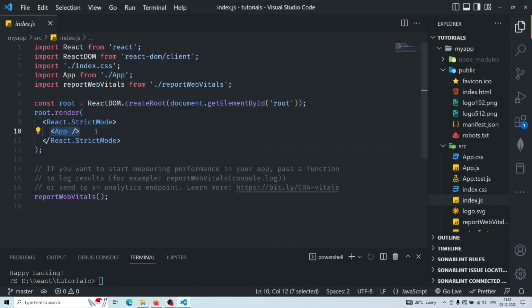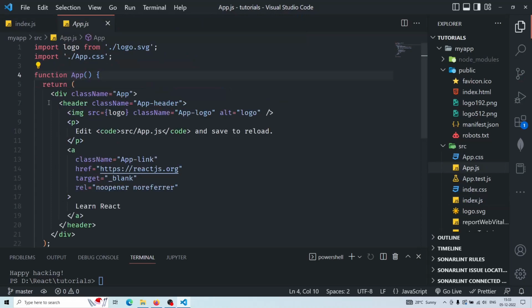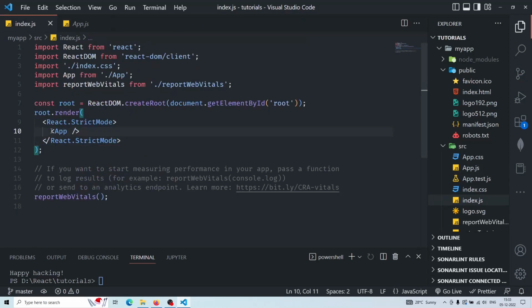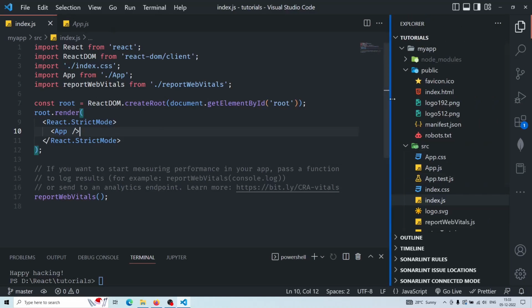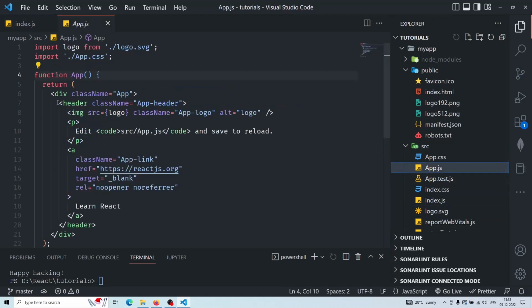Basically app is the parent component. Every component you will be building in the whole react application will be in this app.js file. We will be injecting the total react application into this div, and it will start rendering. And if you go to the app.js file, we have the jsx. What is jsx and why we use jsx, we will be seeing in the next tutorial. So we have the css file,